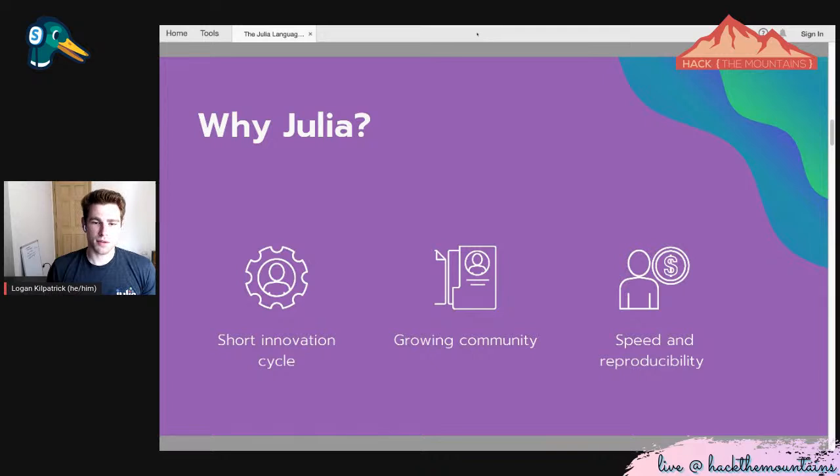And then the last conglomeration of all of the benefits of Julia results in a shorter innovation cycle. What that means is, from when you have an idea in your head to when you can translate that idea into code and have that code have a real impact in the world, that innovation cycle using Julia is significantly compressed because of the speed of the language, because of the reproducibility, and because of the high-level syntax that allows anybody with a little bit of familiarity with programming to use the language and excel with it.